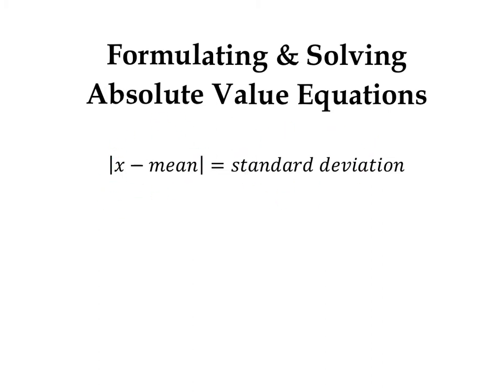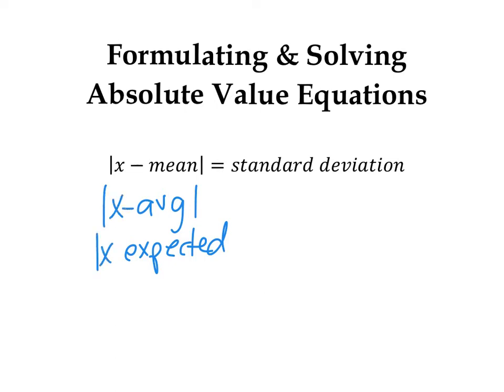Now, there's a lot of words that we can use here interchangeably for mean, like average, expected. There's a lot of terms here. So you can write here the average. You can write expected. There's a lot of terms that we can use here inside the absolute value, depending on the word problem and the wording of the word problem. But on the right, standard deviation is one of them. Another one is like margin of error, variability, like if it says it varies by,